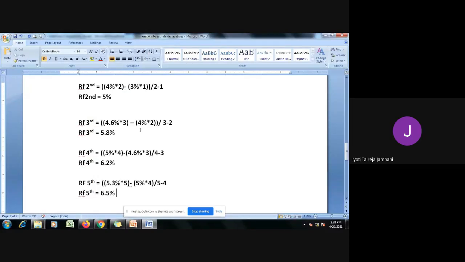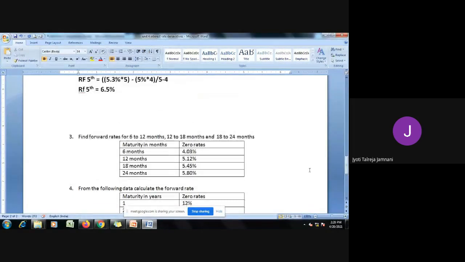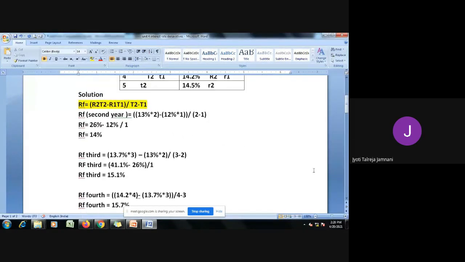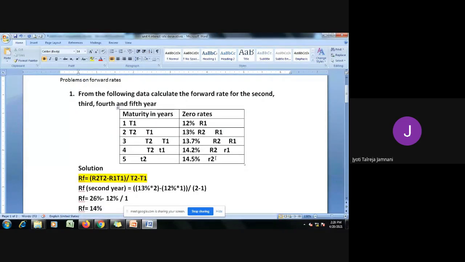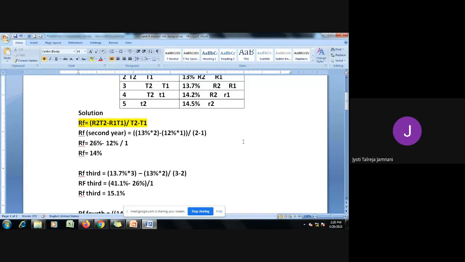Okay, I hope the problem was clear and there are no doubts. We have done 2 sums, we'll do some more in the next classes, around 5 to 6 sums. If you want, you can also practice it and come up with the answers in the next class. But if this comes, it will come for 7 marks. So it's an easy problem, just a formula, and you should correctly know which is R2, R1. Remember, whichever year they tell you, that year is R2 and the previous year is R1. So if they tell you third year is R2, second year will become R1. If you remember that logic, it's very easy to solve.